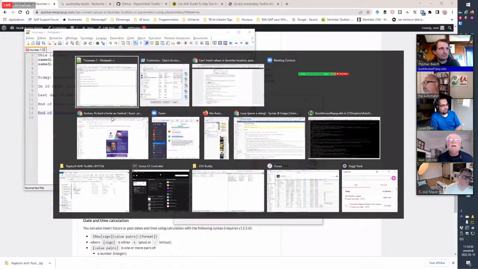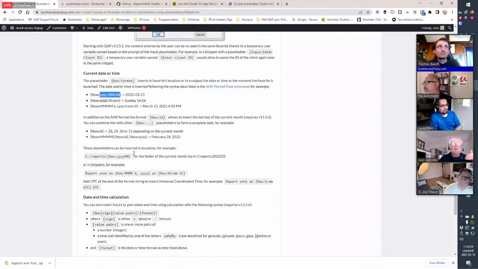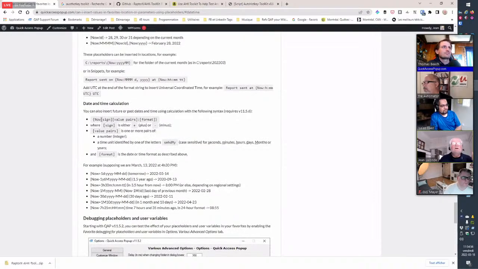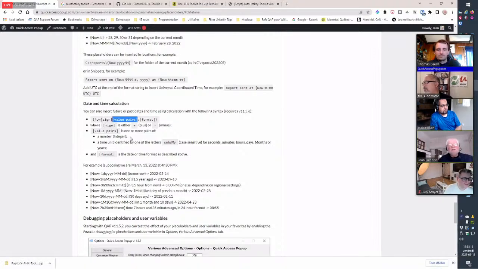Also, the last thing I can show is that you can create calculations with multiple values. The syntax for now is the word "now" with the sign being plus or minus, and value pairs. What I've shown you is just 1 day or 1 month, but it could also be 1 year, 6 months, 3 days. So just by having these pairs one after the other,